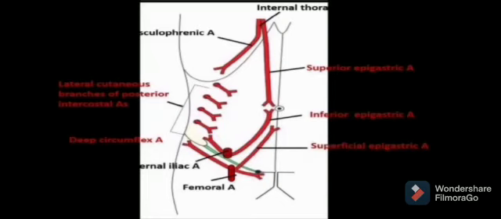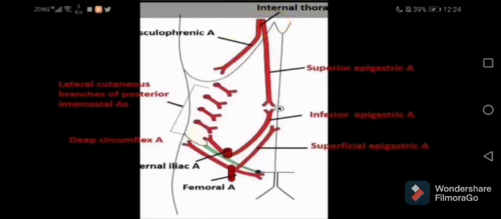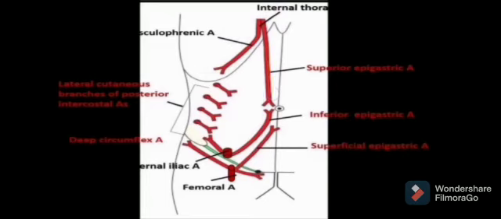And here is the arterial supply of the abdomen. We have the superior epigastric artery, we have inferior epigastric artery. The superior epigastric artery is the branch of the internal thoracic artery. Then we have inferior epigastric artery from the external iliac artery. And then we have superficial epigastric artery from the femoral artery. And when I talked about the watershed line or watershed point, I said that it is also the point where the terminal branches from the arterial trunk anastomose.